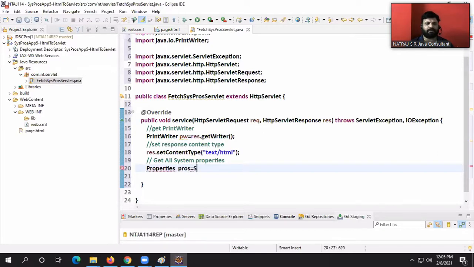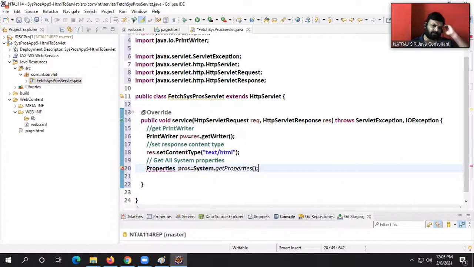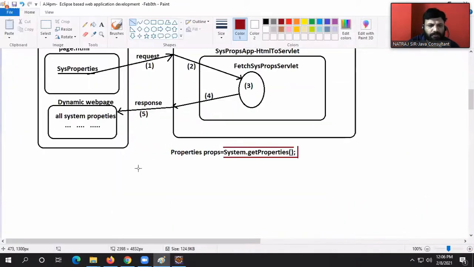Properties props is equal to System dot getProperties. Yes, this will give all the system properties, guys. Now tell me, what is this Properties class, guys?